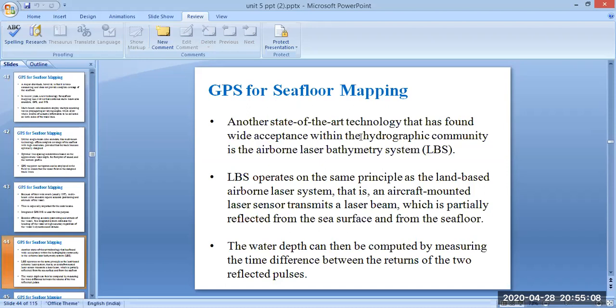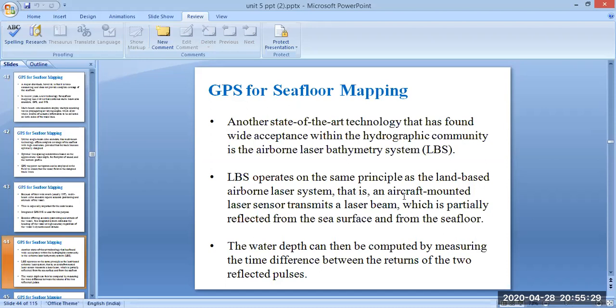Another state-of-the-art technology that has found wide acceptance within the hydrographic community is the airborne laser bathymetry system, LBS. LBS operates on the same principle as the land-based airborne laser system.